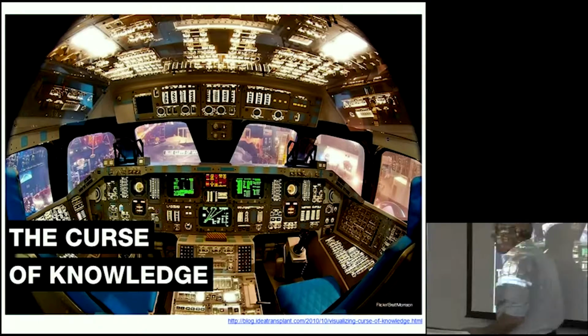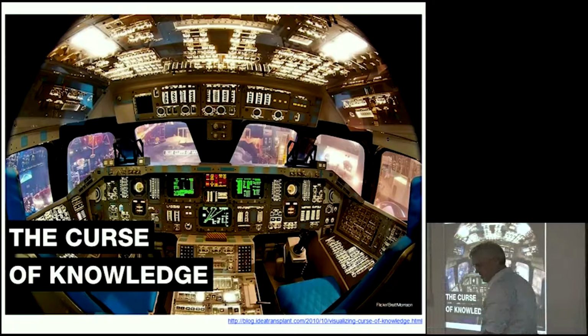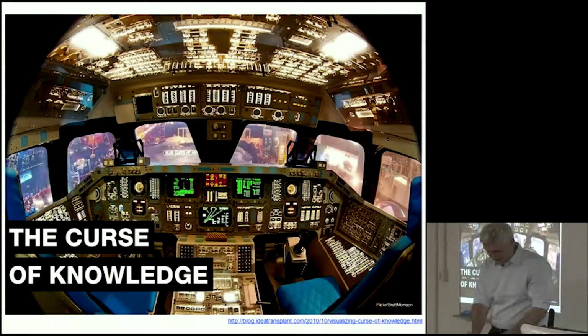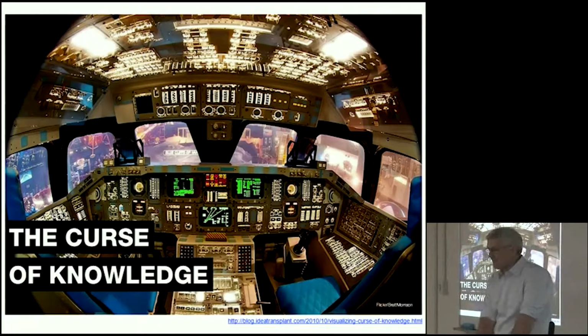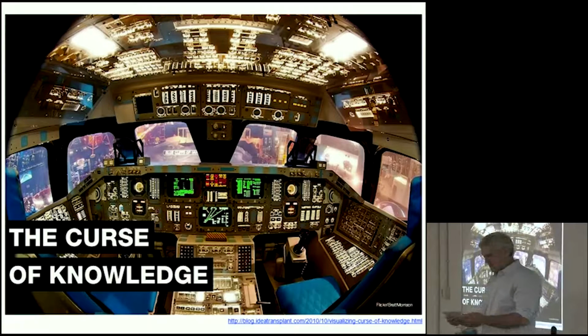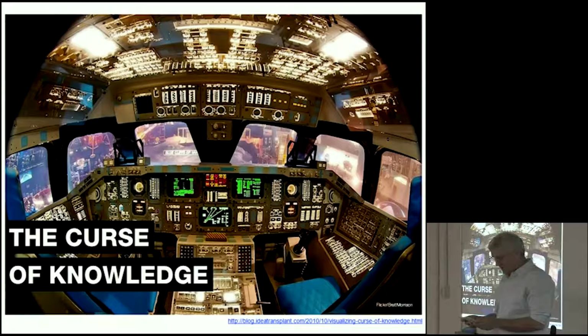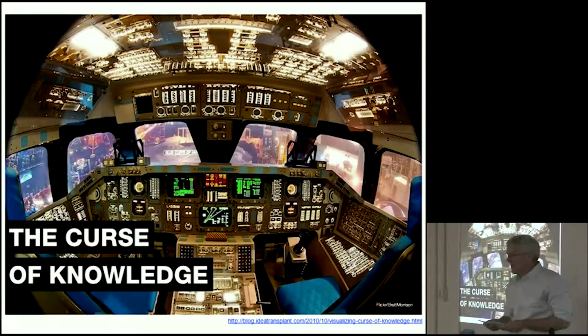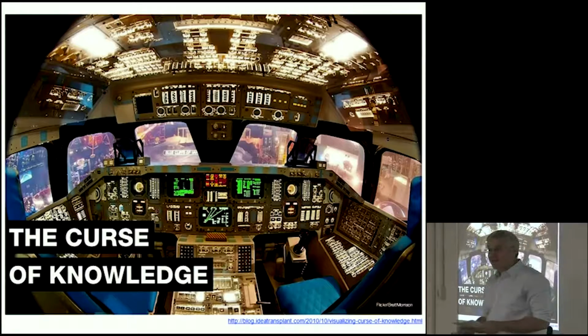Okay, so what is the curse of knowledge? I looked it up on Wikipedia. And Wikipedia says, the curse of knowledge is a cognitive bias according to which better informed agents find it extremely difficult to think about problems from the perspective of lesser informed agents. This whole sentence to me sounds like the curse of knowledge. It's very hard to understand. If I put it into simple terms,